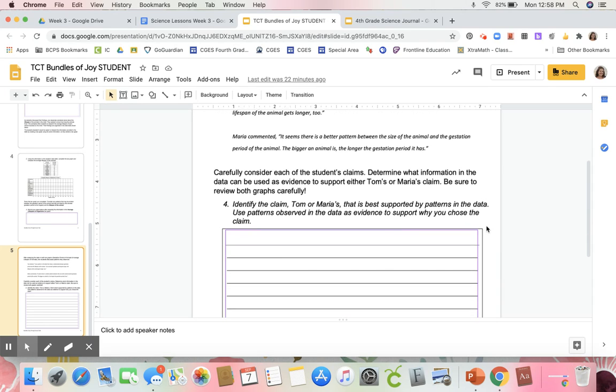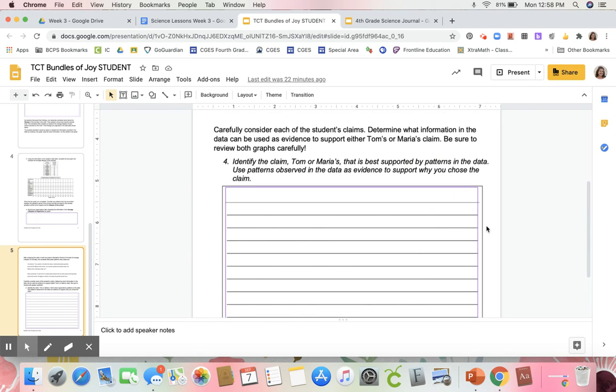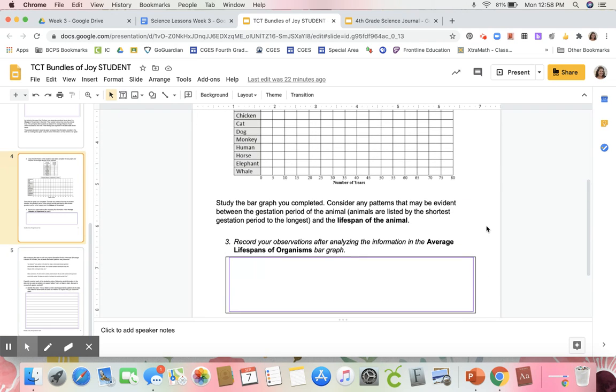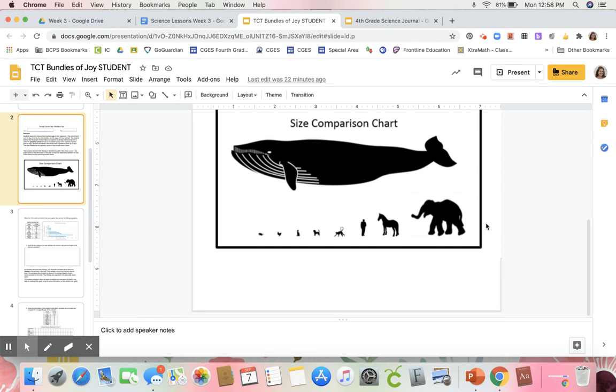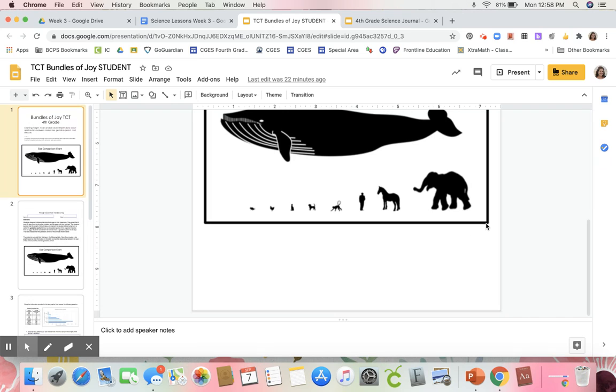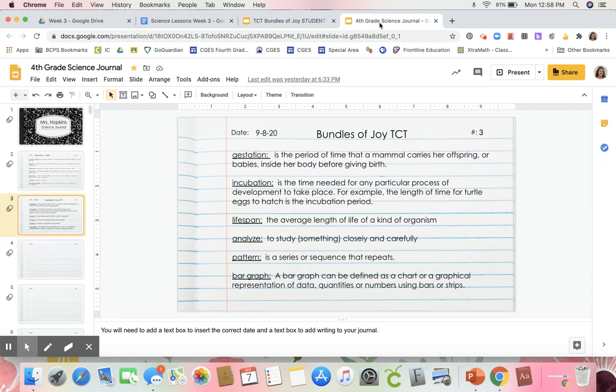Okay, guys, that is the whole TCT. Obviously, we will not be completing this whole thing in one day. We're going to break it apart and we're going to go day by day. So, for today, what I need you guys to do is go through and read this TCT one more time to get a better understanding of what you're going to be completing. And then the actual task that I need to see completed is you're going to get your science journal,